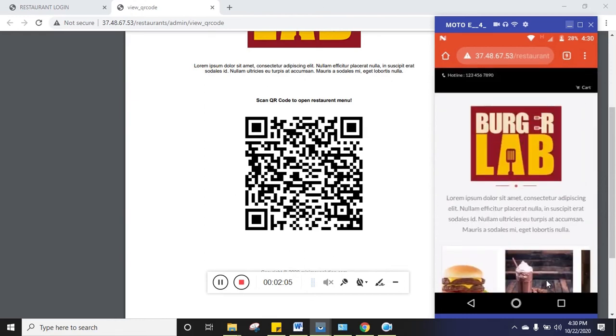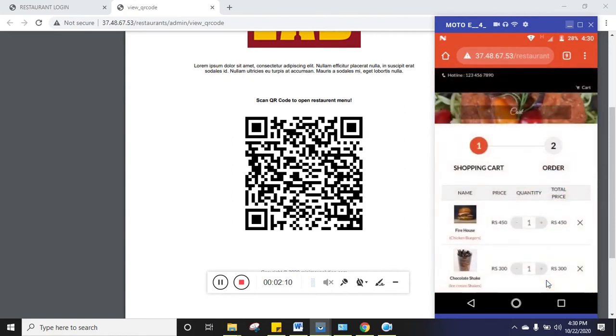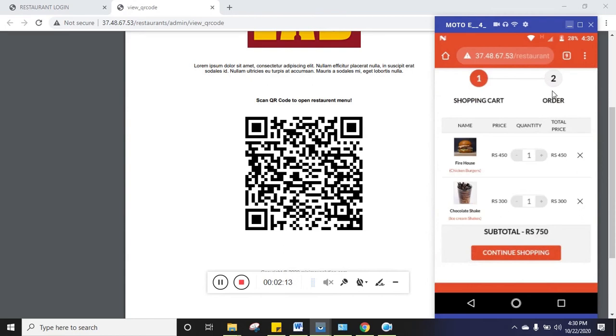Now further I want to see my cart, so I just click on my cart button and you can see I have ordered 2 products. I have added 2 products in my cart. You can also add one or more of this product. For example, I want 2 ice cream shakes, so by clicking on the add and separate buttons you can add or delete any product. Now here you can see the product name, price, quantity and the total price as well, and their subtotal of the product.